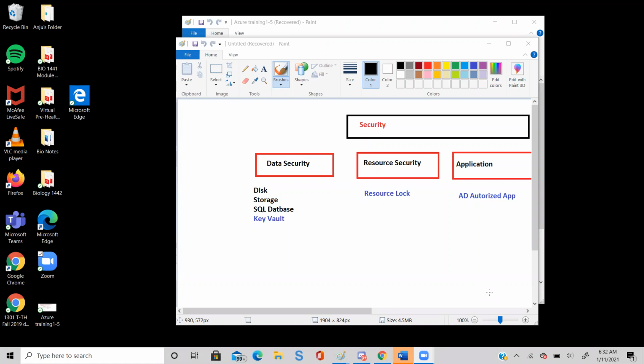Last time we saw keywords, and we saw resource lock also. Resource lock means when we do a lock, no one can delete my application. Correct? Right. Now let's see today how we can make an application